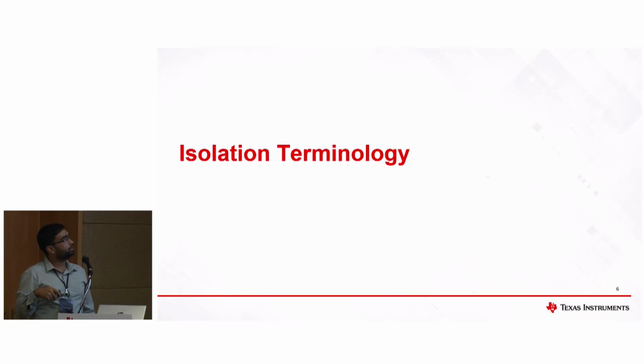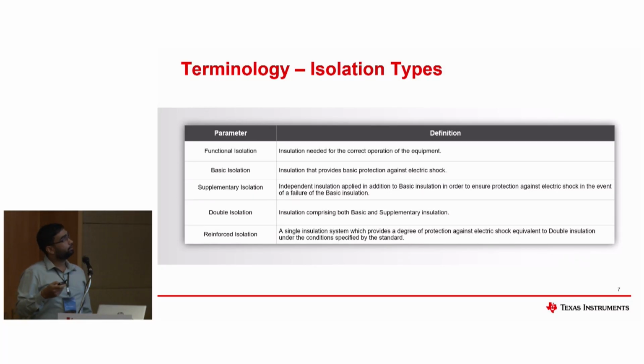So few isolation terminology here. How to select basically the best isolation device for your application if you are choosing one. Okay. So the first one is which kind of isolation is best for you. There are 3 isolation ratings that are popular in the market, which is functional isolation, basic isolation, and reinforced isolation. The supplementary isolation and double isolation are other terminology that are mentioned in the standards that define these terms.